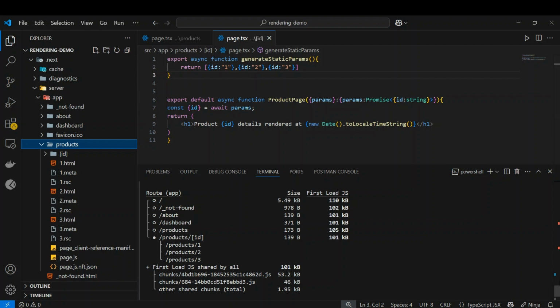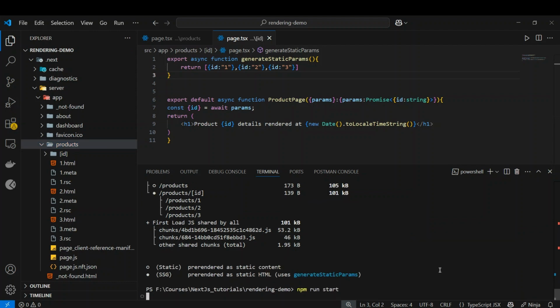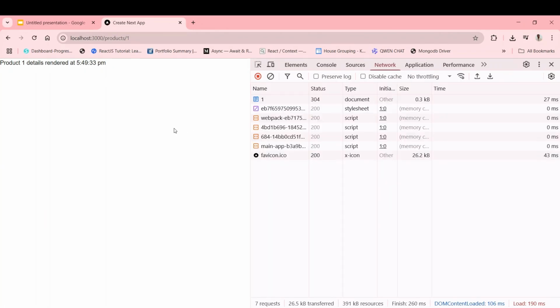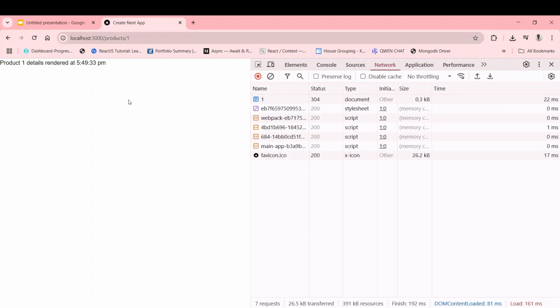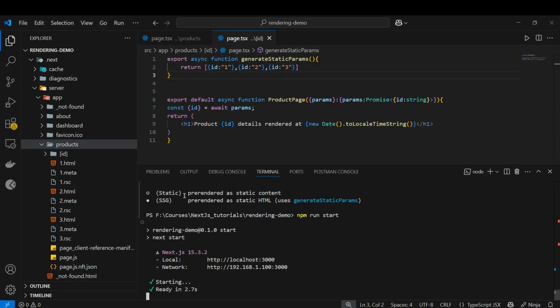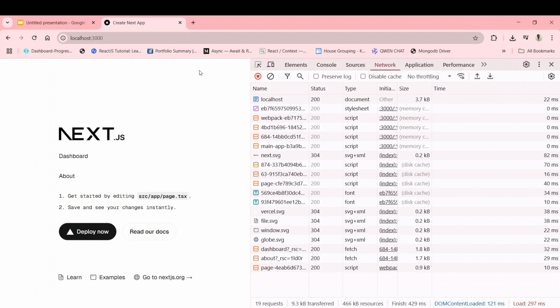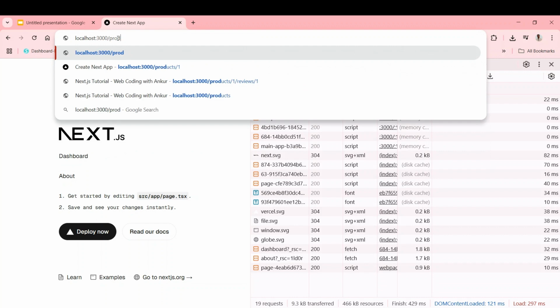Now let's run the server with npm run start. When you run this server, go to the browser. Now when you reload this page, you can see that our timestamp is not reloading, because it is coming as static pre-rendered HTML. So when you first visit localhost:3000 and click on product 1 or product 2, like product 2, visit product